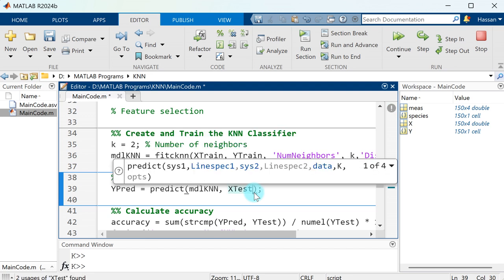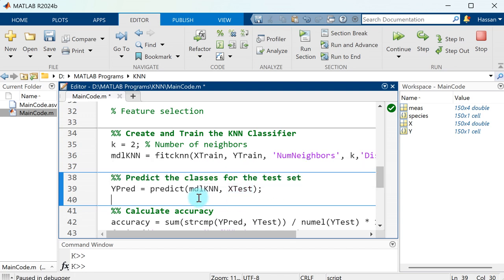Here I ignore them, but there are options for setting parameters because they are not really important here. Okay, and the output of this function is yPredict, the prediction of these features based on the trained model. Okay, so here we predict for testing data on the trained model,